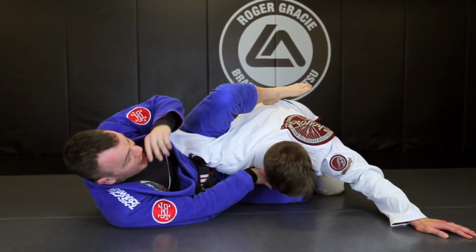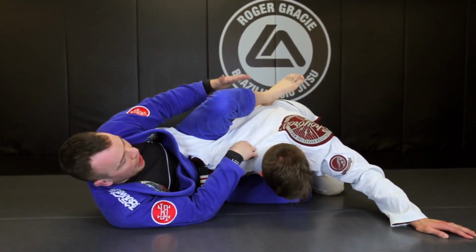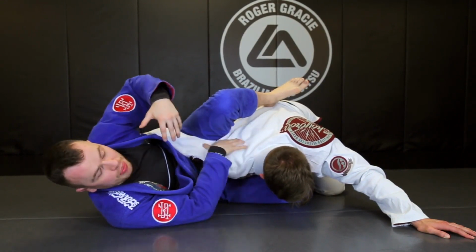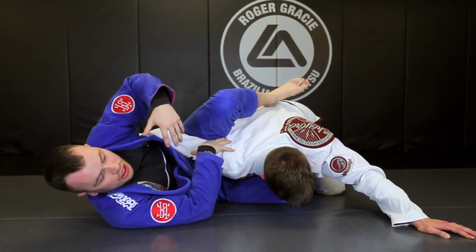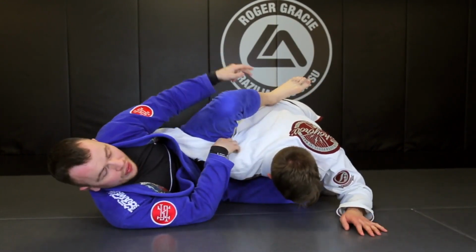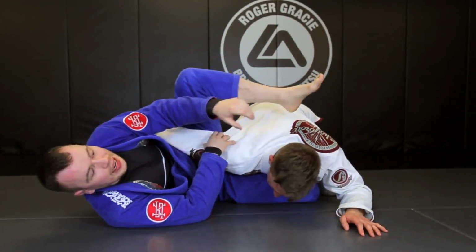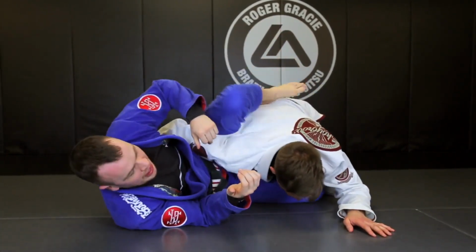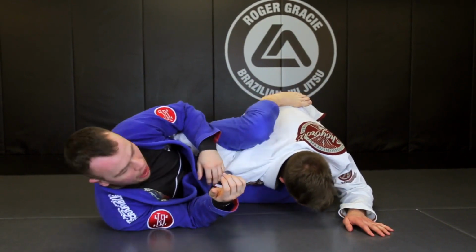So the first step is making sure that I can pass my foot in front of his face. And to do that, I don't want to release the pressure that's giving me control over his shoulder. So I need to focus on my knee first and not on my foot. If I try and bring my foot in front, again, he will posture up and I'll lose all of that control straight away. So I need to keep the knee down, maybe move a little bit further away,